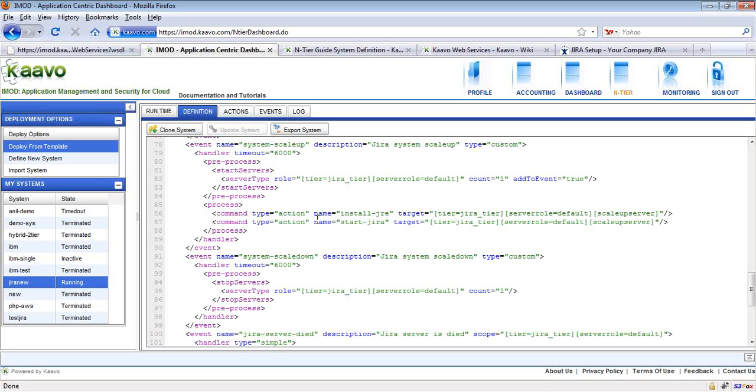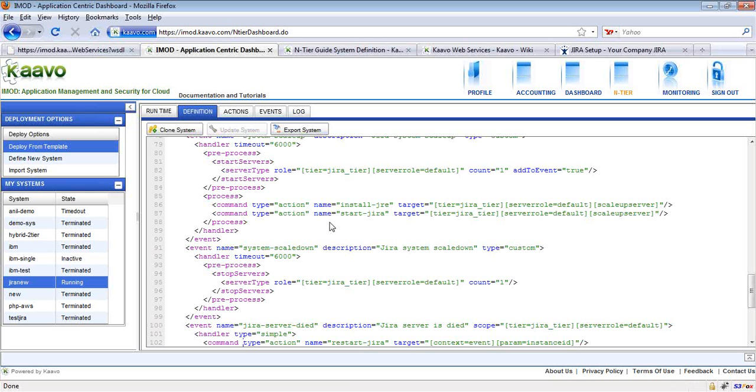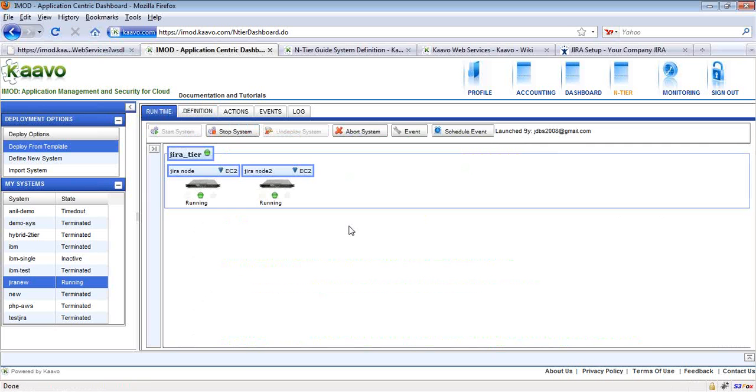You can see there is invocation of the install JRE action, which installs JRE on the new instance that is going to come up, and this start Jira action is being invoked after that. That is responsible for downloading Jira and starting it. And then the flow has finished.